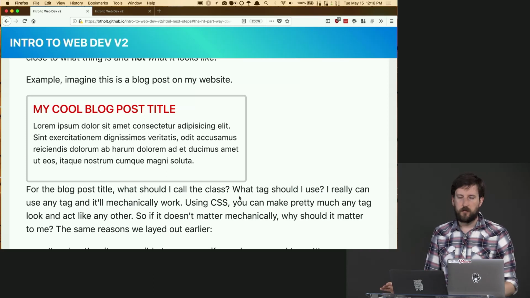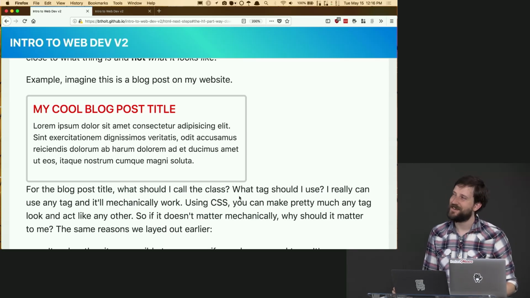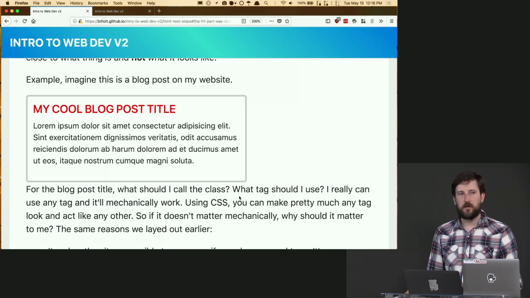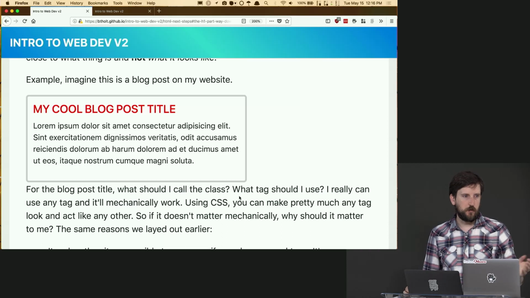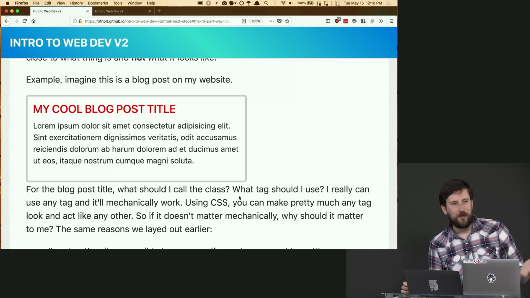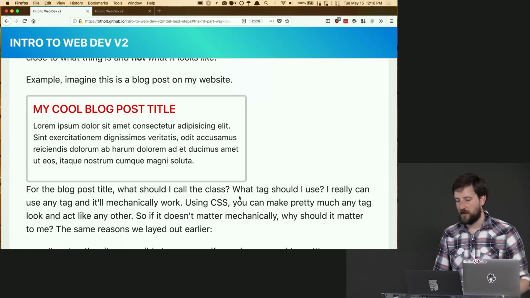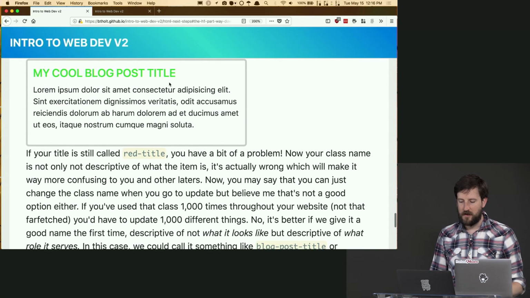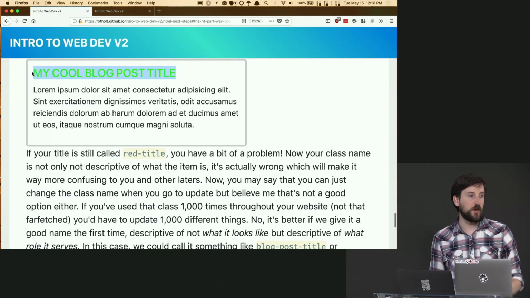However, inevitably in the future, if you ever work with designers, they want to change everything all the time. And I'm not pointing fingers, but it's definitely designers' faults. Hopefully designers are not listening to this. I'm kidding. It's everyone's fault, but this always inevitably happens where they come back and it's like, yeah, we're changing the branding, or we're changing something, or it's a Tuesday, so you should change this. For whatever dumb reasons, we like changing things all the time. And so later, we come back and now it's green.